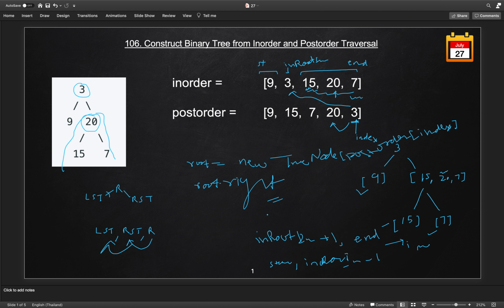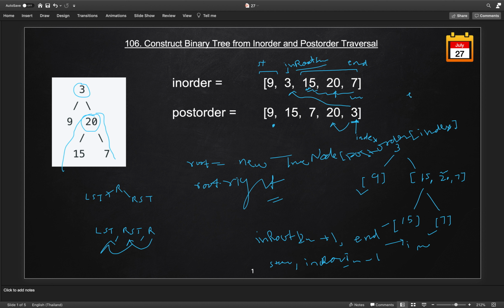Now in the case of the left subtree, how will we get this index? Let's take the first left subtree itself. If we see, we found the index is here, this is our in-root index, and this is our end.